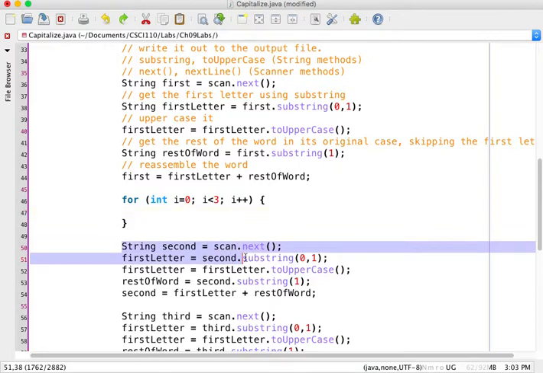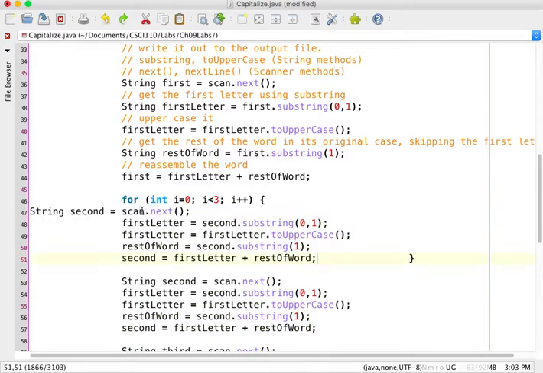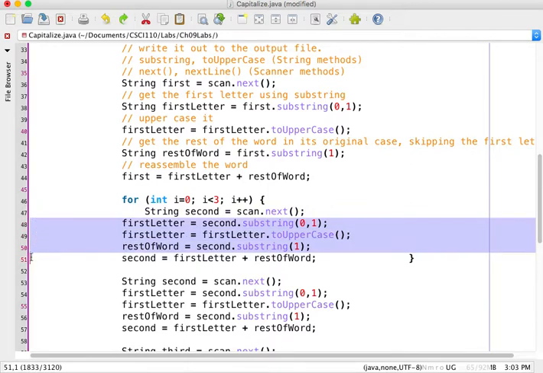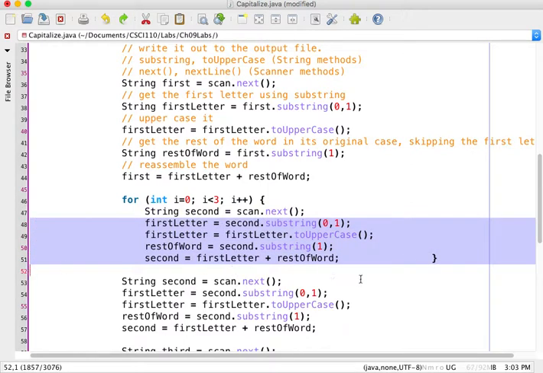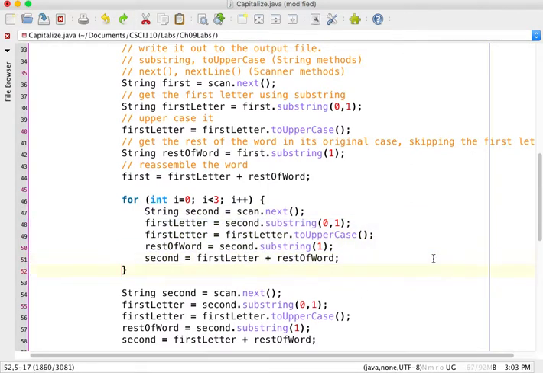Now I'm going to take a copy of this and put it in here and start editing to find out which are the things that need to stay exactly the same and which are the things that will change over time. Instead of calling this second, I'm going to call it current word. So 3 times I'll get the current word, I will get the first letter of it, I'll uppercase that thing, and then I will get the rest of it,